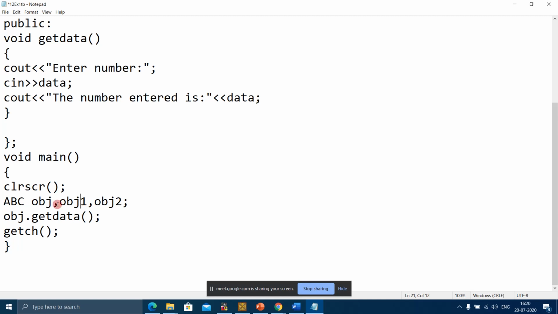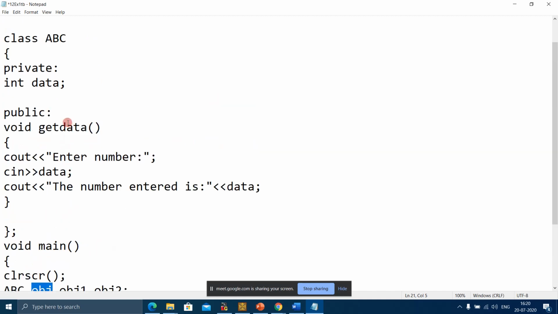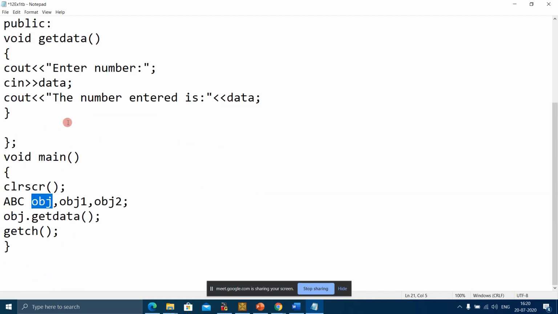Since this is an object of the class, it has its own copy of the data members of class ABC. But if we only put one number, how can all three access that same number? We will see that through an example, but right now just keep in mind that an object has its own copy of data members, and they communicate through member functions.